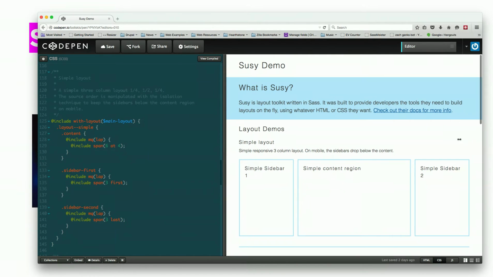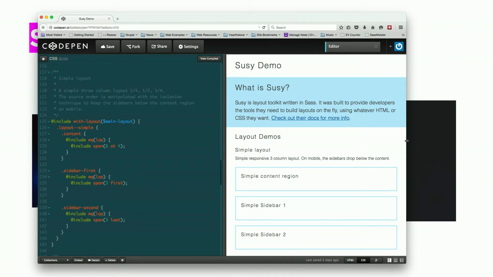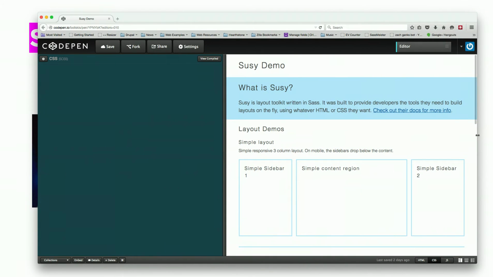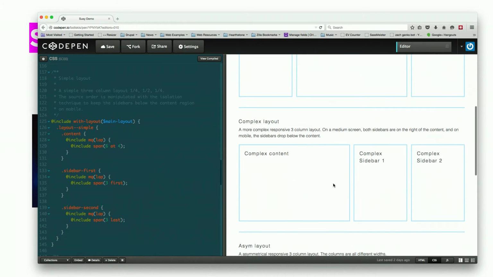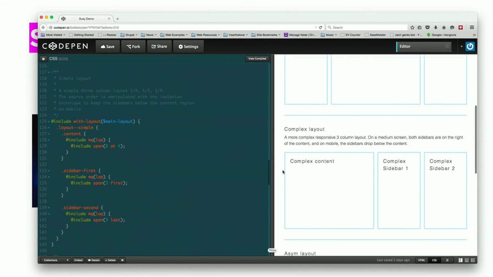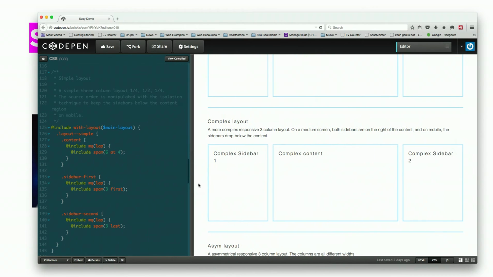The source order is super easy to manipulate as well. So as you can see, the simple sidebar is actually below on the linear layout. And that's, again, in 20 lines of code, I'm able to produce a completely responsive layout that won't break. And we can even do more complex stuff where the sidebar is on the left here. And as the screen gets wider, the sidebar pops out. So you can do really complex layouts very, very simply. 20 lines of code. What was the story with the source order?